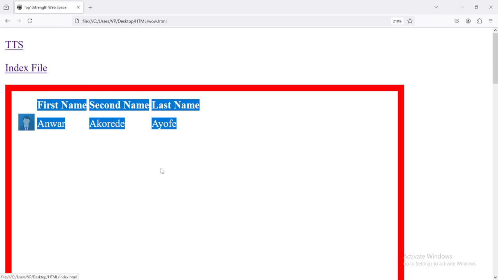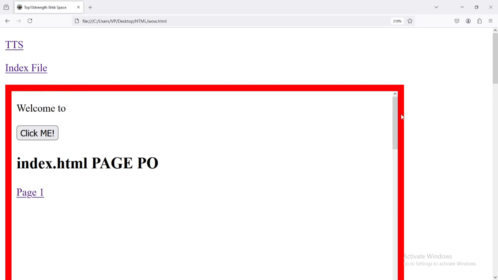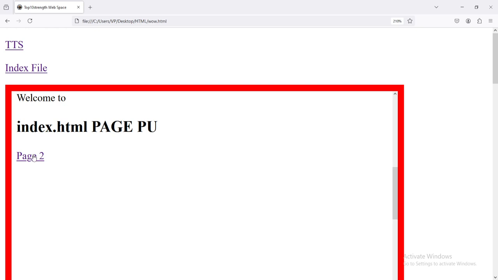When we click the TTS, it will display, and it will remove the index. So quickly, let's click the index now. Can you see? You can see every content inside it. As you can see, page 1, page 2 is displaying normally, and we can resize